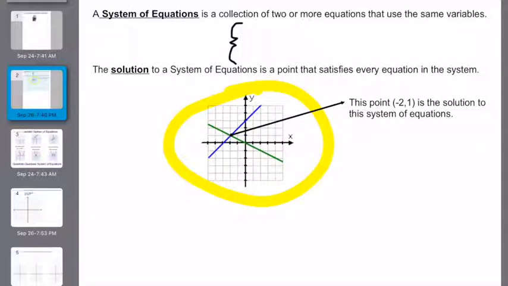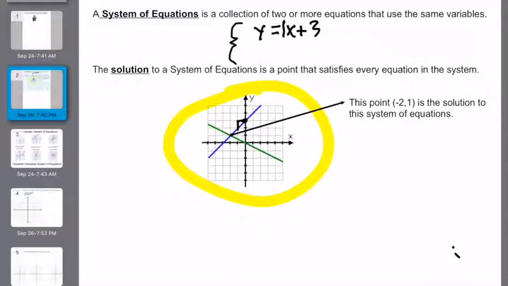Let's take a quick look at these lines here. So this blue one, we see our y-intercept at 3, and we see we're going up 1 and over 1, so we have a slope of 1. Okay, so we know that our equation then is y = x + 3. Again, in front of the x we could have that 1 for our slope, rise over run,